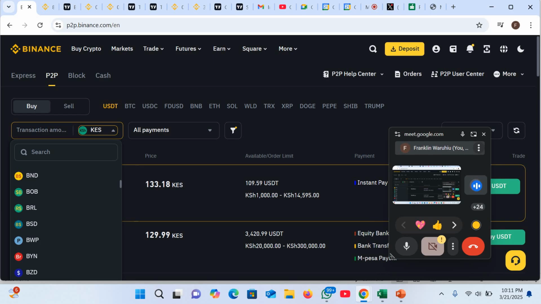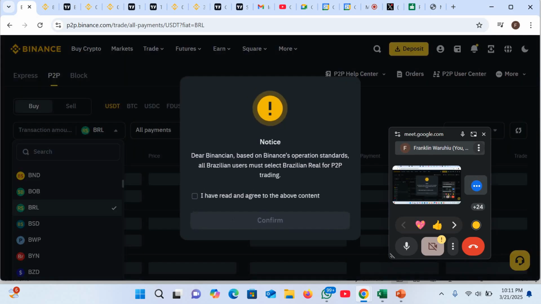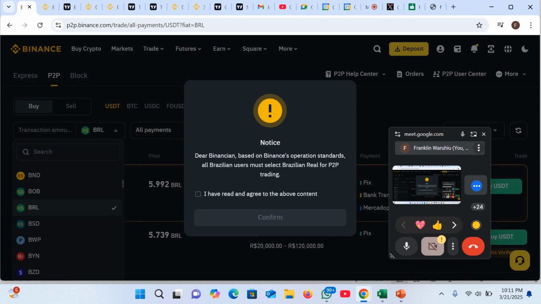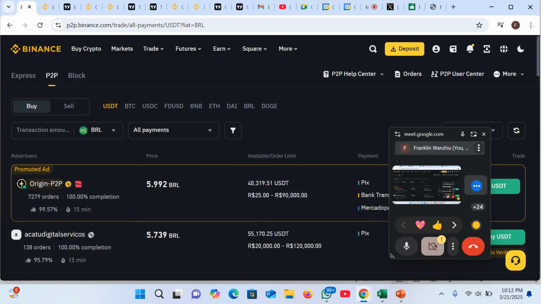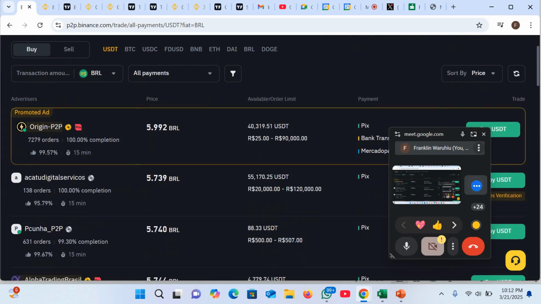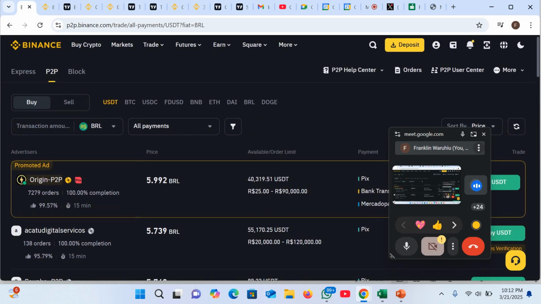It is the R. So dear Binance user, based on Binance operation standards, all Brazilian users must select Brazilian real for trading. This is the issue with these people. They usually have some funny requirements. So I don't know where they need it from. So once you click that